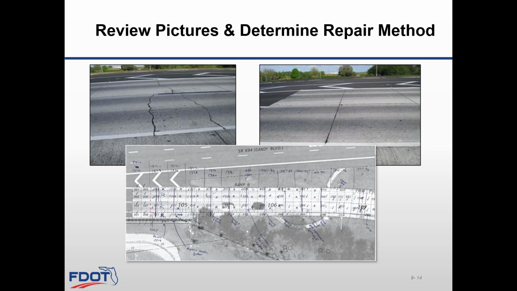Once the survey data is received, all the slabs need to be numbered. Once that is ready, then a field review can be conducted to gather data for the type of distresses encountered for each slab. Pictures of each slab can be taken to document the slab inventory, making notes on the distresses and the type of repair method to use per standard plans